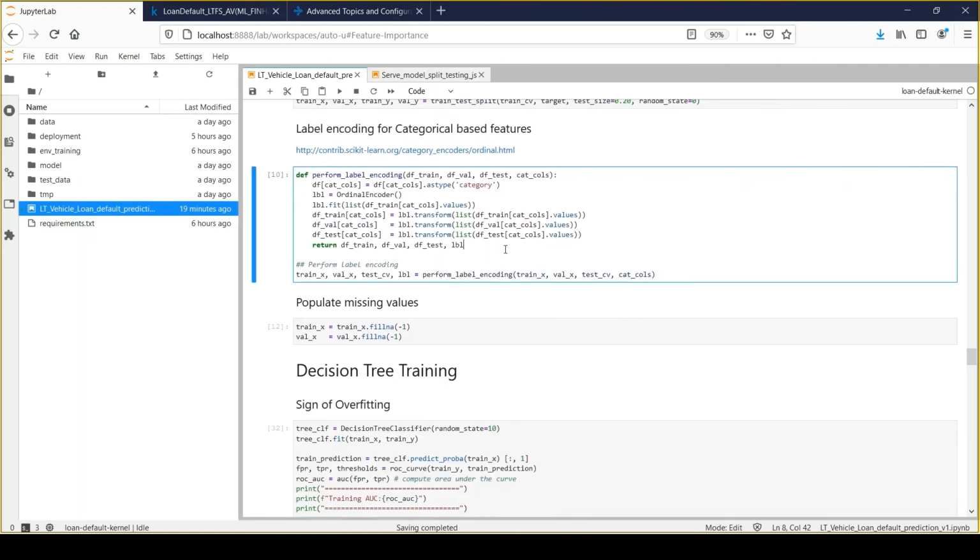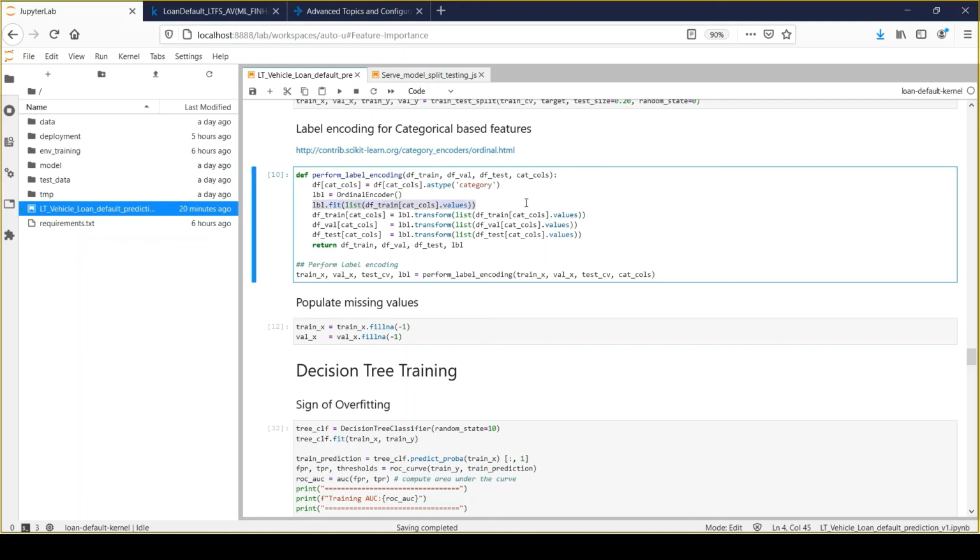We are passing this value to the perform label encoding function, and within that I am performing a fit operation only on the training data. You can see it from here, only for training data. And before that I'm just converting that data to categorical, right? Because some of the categorical columns are not defined as category, so I'm converting the data type for all the categorical columns to category before performing the label encoding.